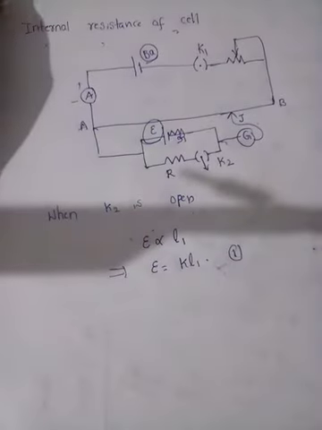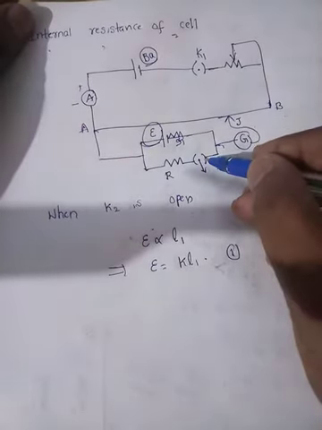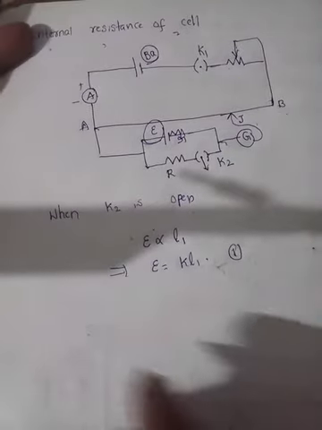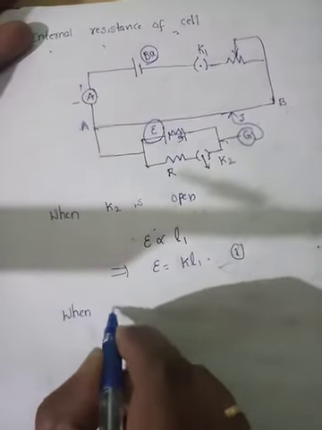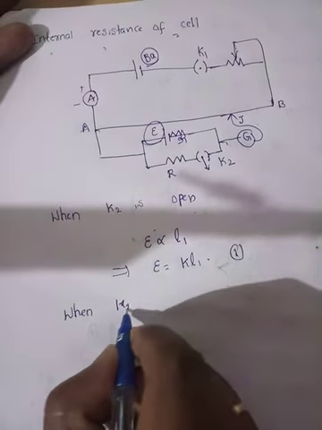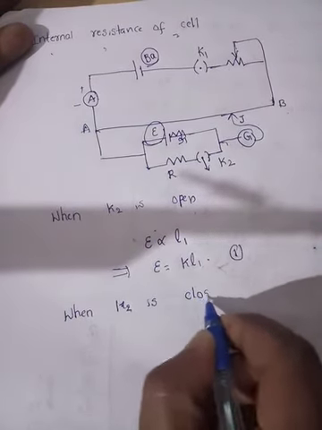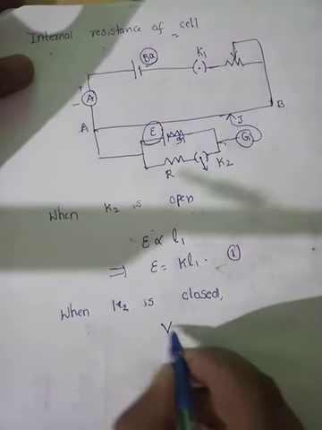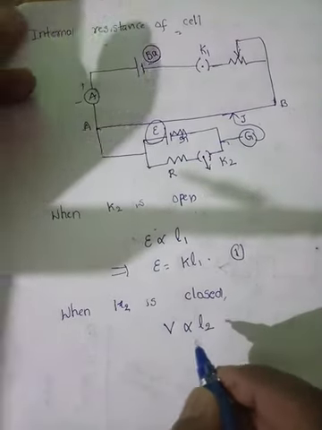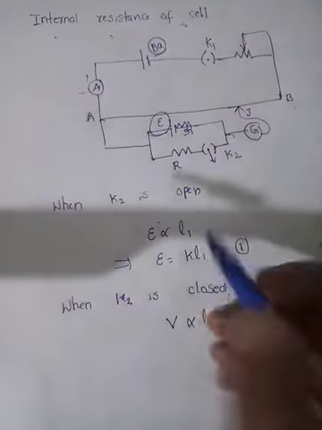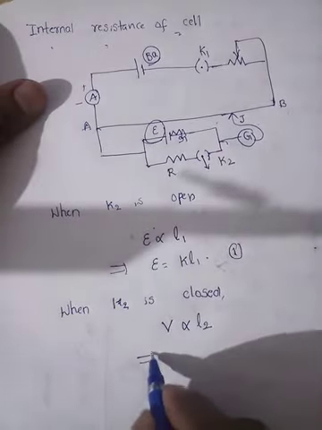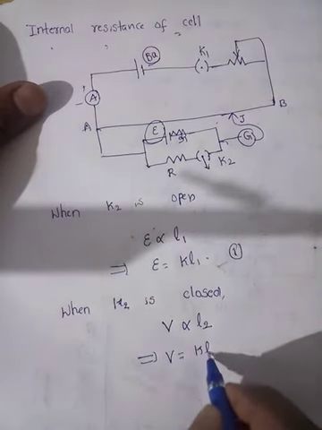Now we close the circuit. When we close the circuit, the terminal voltage is not equal to the EMF; what we get is the potential difference between the ends of the wire. So now, when K2 is closed, we get a potential difference across the length. That cannot be the same, because EMF is not equal to potential difference. So when you slide the jockey on the wire, the balancing length is going to change. That implies V is equal to K into L2.